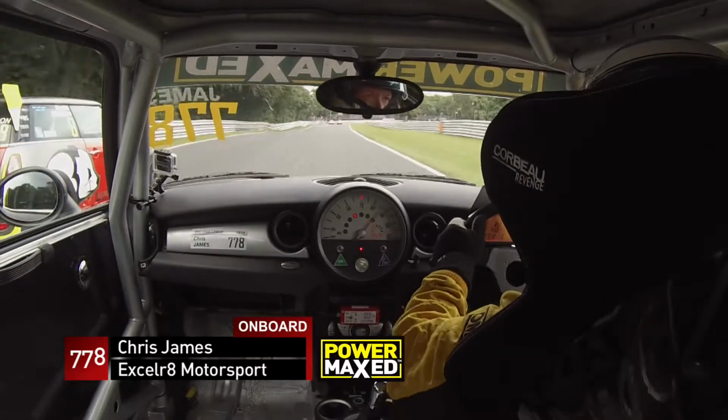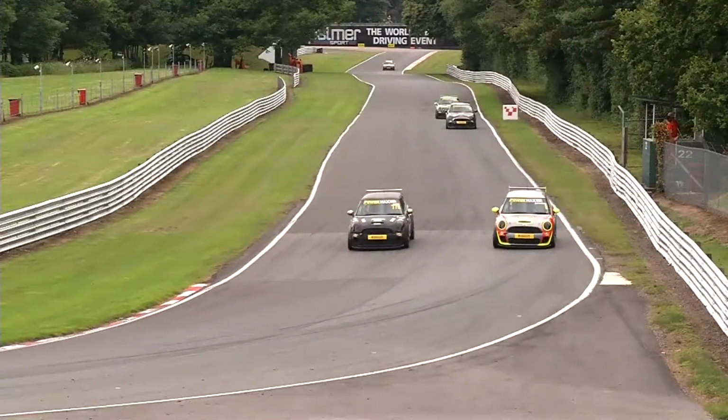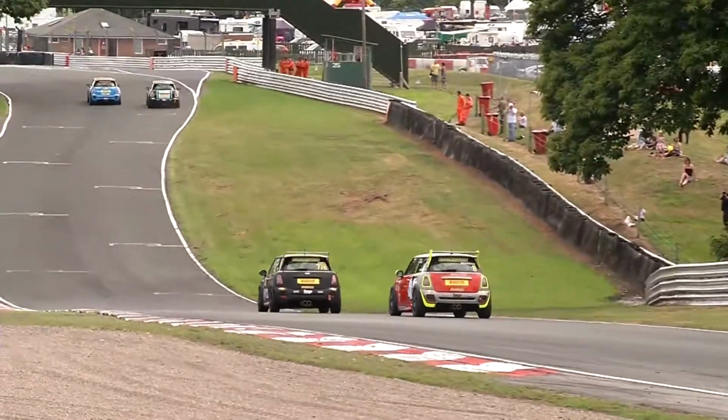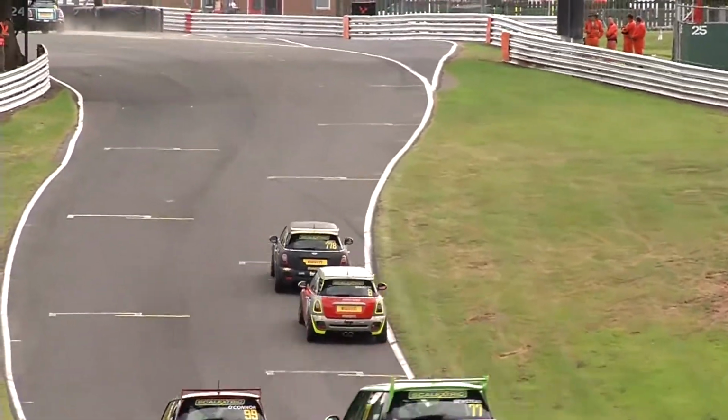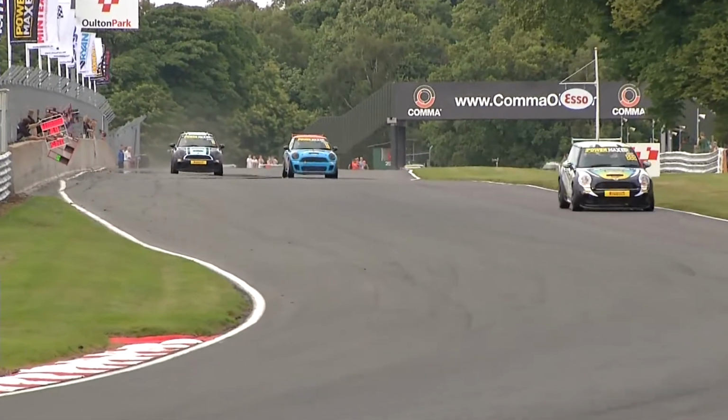Surely though Chris James is going to go through here. He is partially alongside Hamish Brandon well before the braking zone. It gives him the inside line if he can get the car stopped in time, and he does just that. Gains the place, moves into fourth as just ahead there's a challenge ongoing for second place between Lawrence Davey and